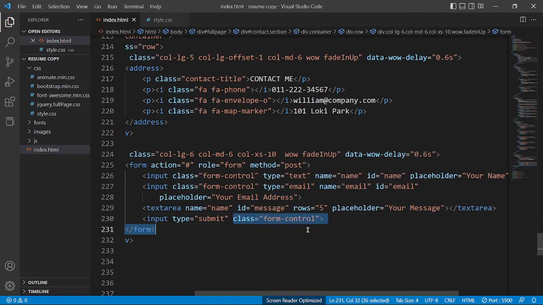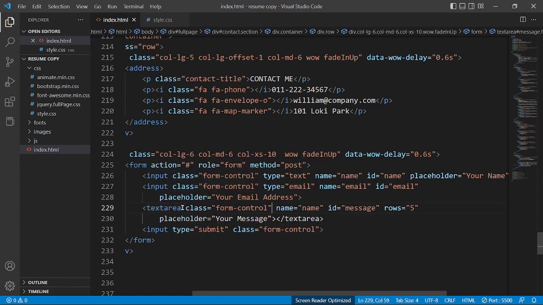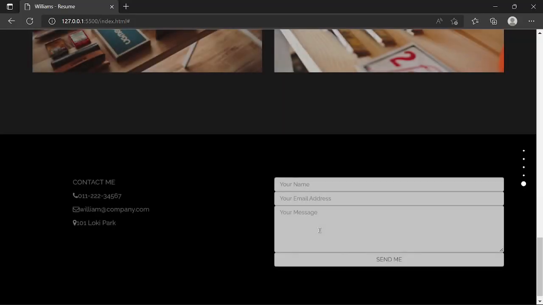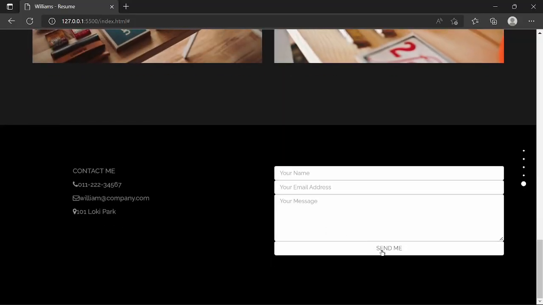So I have missed a form control in my text area, so just give a class of the form control, then input with the id of the send, and then just give a value of the send me. So here's our send me. Okay,